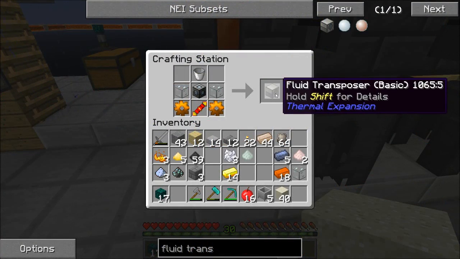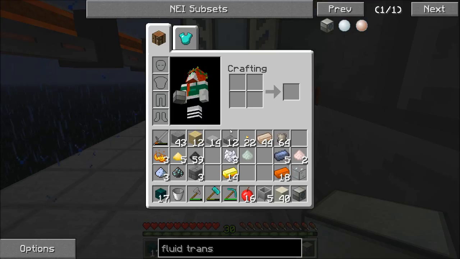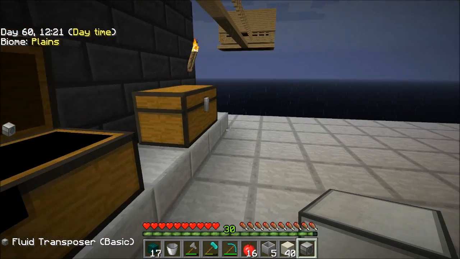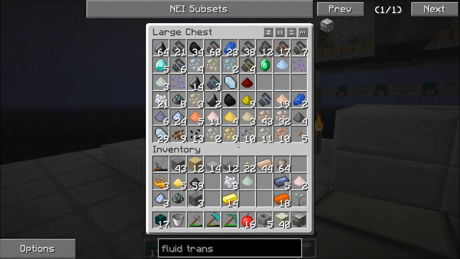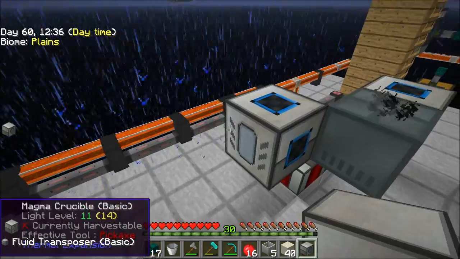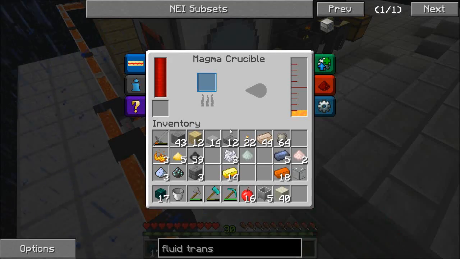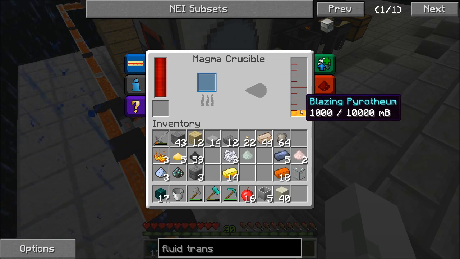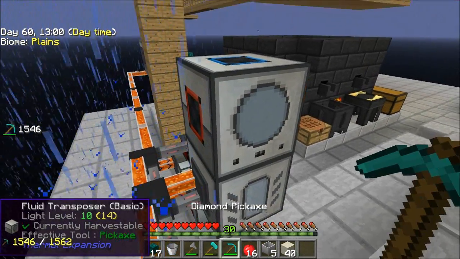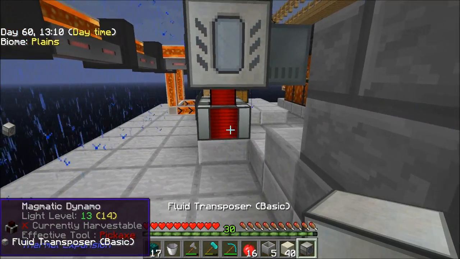Okay, fluid transposer. So I can get a bucket full of liquid. Right, fluid transposer. Now, oh, for goodness sake, have I got any pipe? Not pipe. It's not the pipe that I want. I'm going to be very, very annoyed if I don't have the stuff that I need. Fine. I am going to put this on here, and I would like it to... Oh, for goodness sake. How do I get...